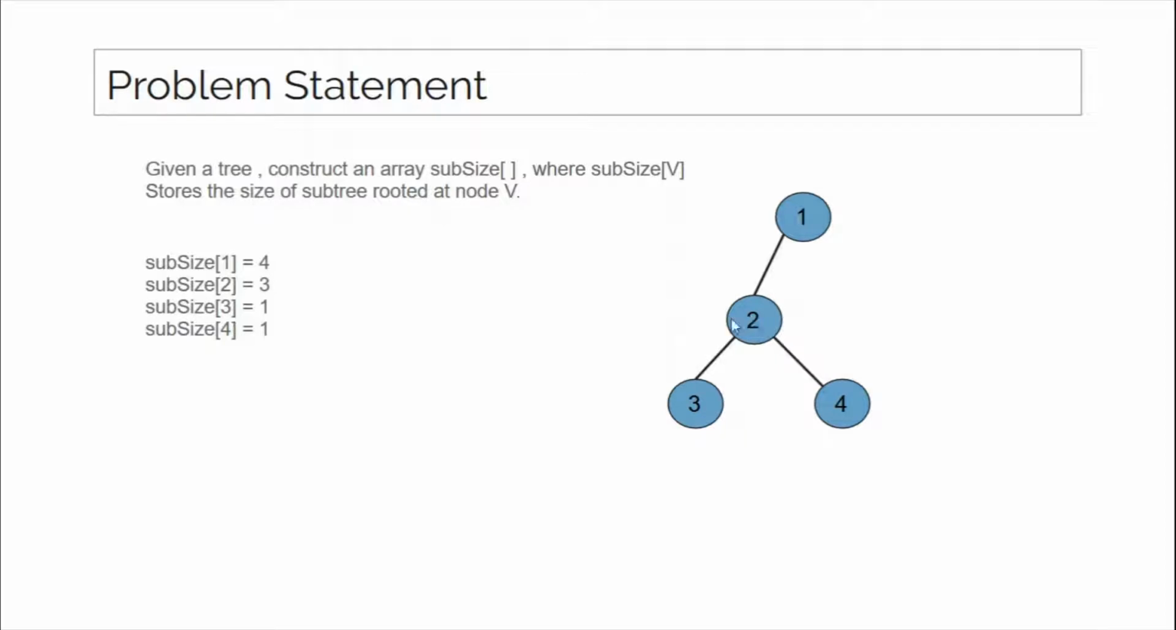The subtree rooted at node 2 has size 3. 2, 3 and 4 are part of the subtree rooted at 2. So subsize of 2 is 3. Same goes for 3 and 4. Nodes 3 and 4 contain one element in their subtree. Node 2 contains 3 elements in total in its subtree, node 1 contains 4 elements. That is why subsize of 1 is 4, subsize of 2 is 3, subsize of 3 is 1 and subsize of 4 is also 1. So the question is how we can calculate this in big O of n time, or simply using an array,